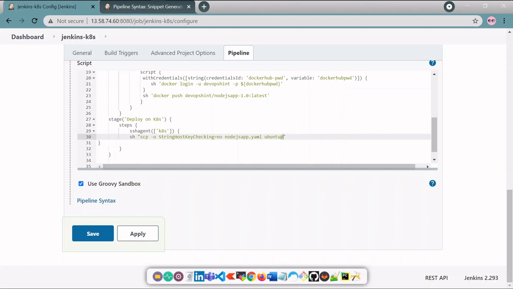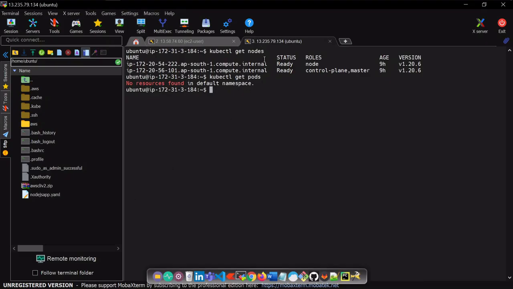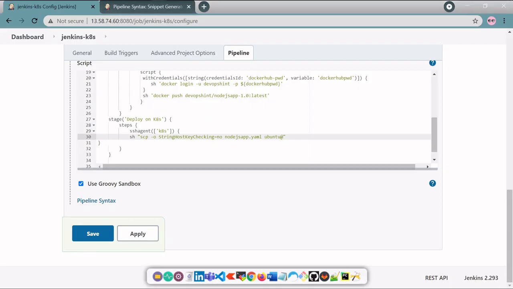Here give your cluster IP, 13.235.79.134, colon, then give the path where it has to paste, home Ubuntu.